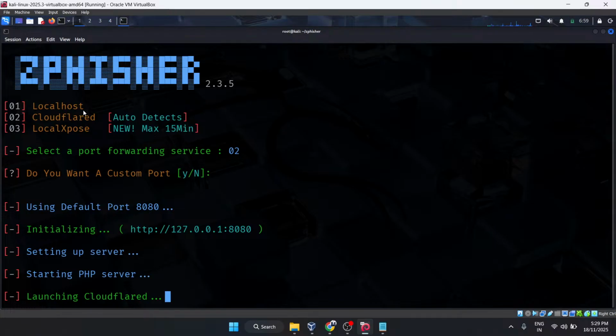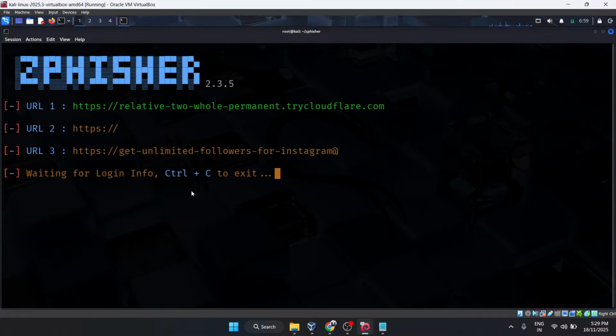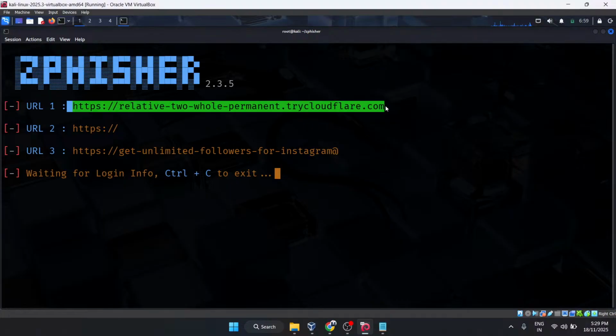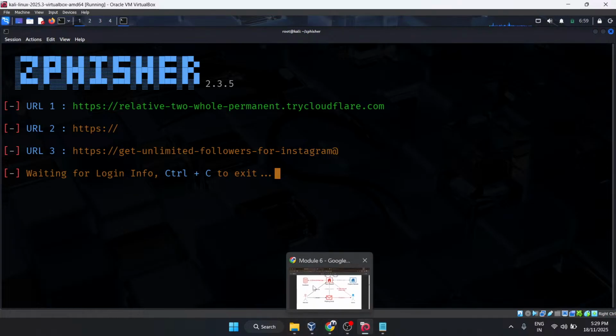Okay, it's okay. We can take localhost for now. You can run it using Cloudflare as well, and these tools might not work after some time. Okay, here you can see the link is back. Control Shift C. I'm going to copy the link, and now I can send this link to anyone. Guys, I can send this link to any person worldwide, it doesn't matter which country that person is in.